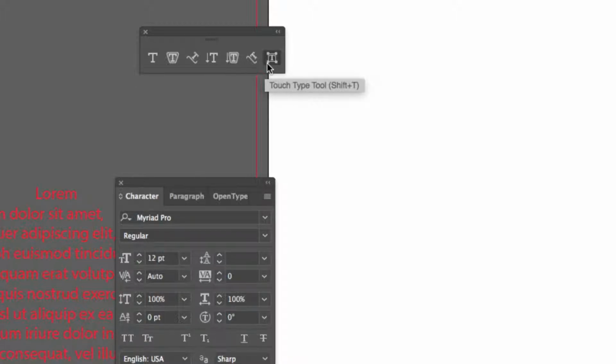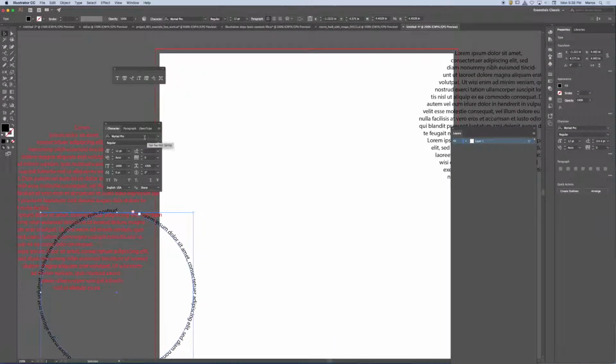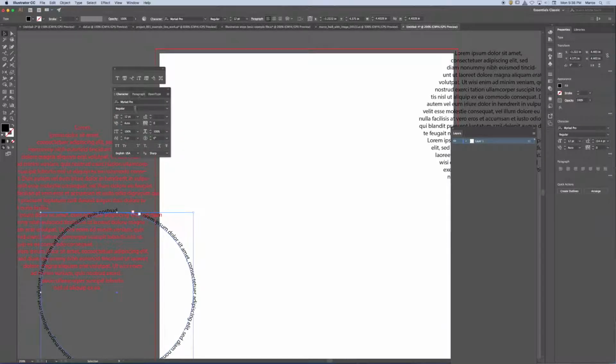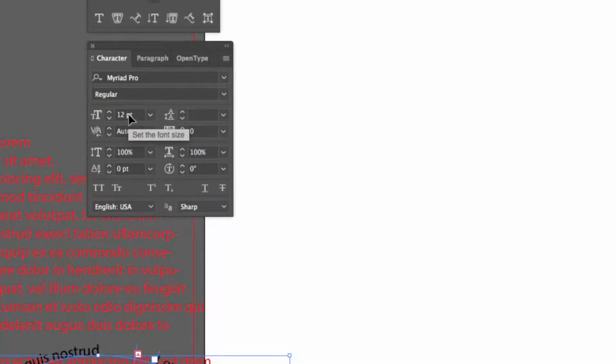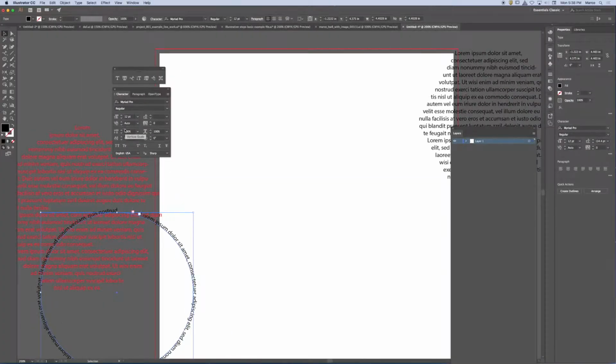This is the last tool. This is the touch type tool. And what the touch type tool does is it is an interactive version of all of the features that we find in this panel. Okay, so if I was to write a line of text, let me show you here. If I was to write a line of text,